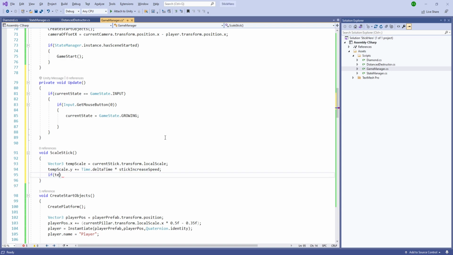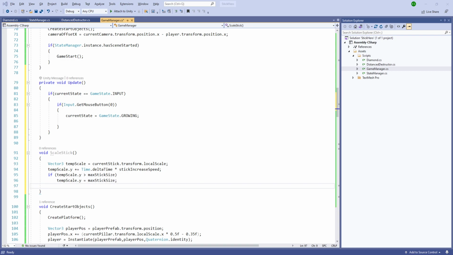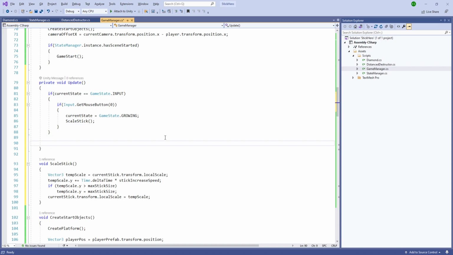And if tempScale dot y is greater than maxStickSize, then tempScale dot y equals maxStickSize. And we'll set the currentStick dot transform dot localScale to be the tempScale which we have created. So scale the stick once, and afterwards